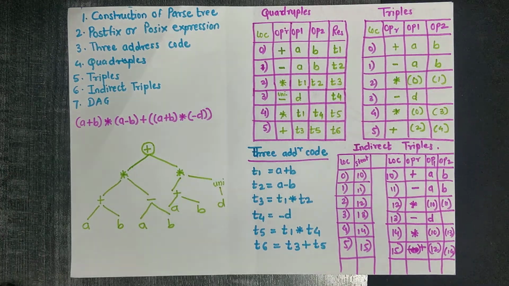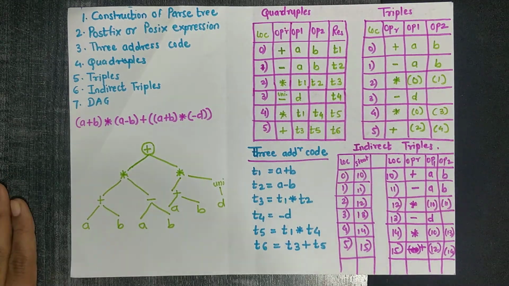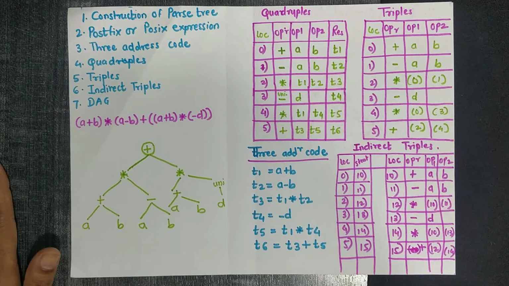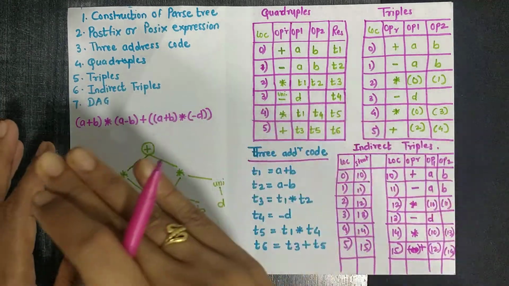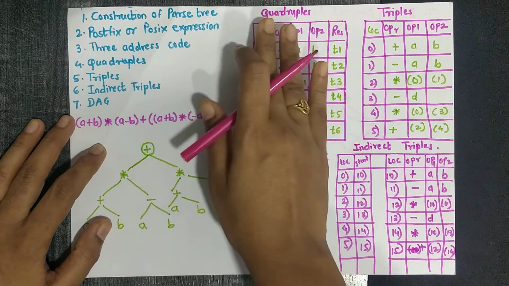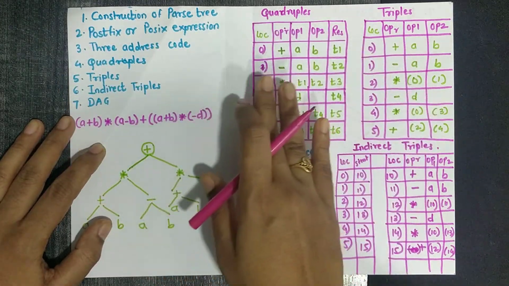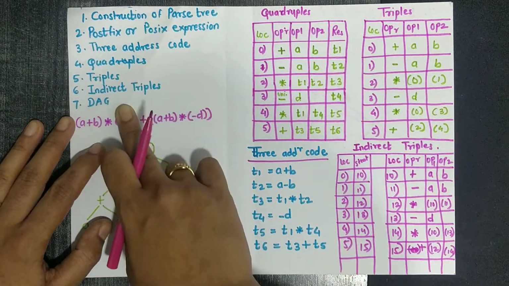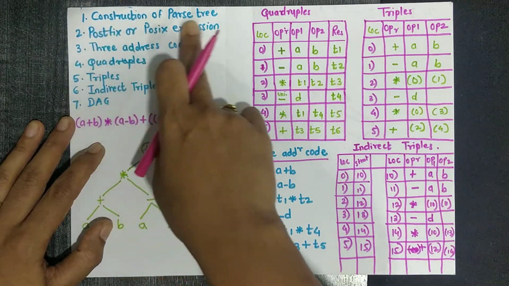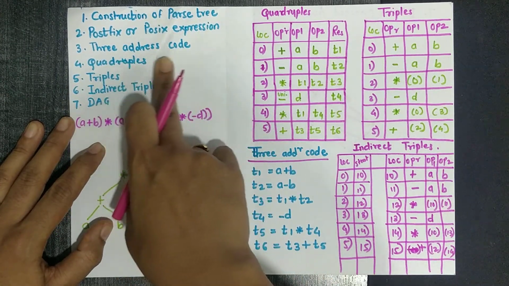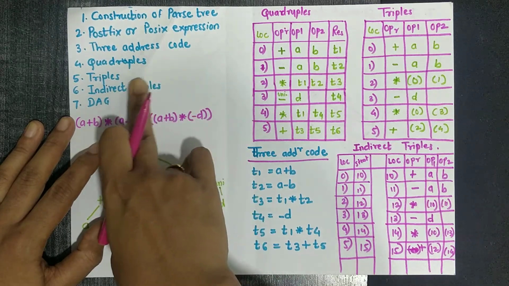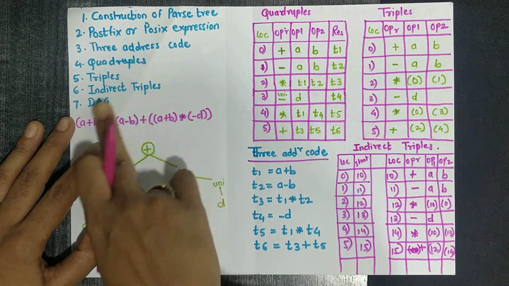Hello friends, we are back with this video that is nothing but an intermediate code generation example. This kind of example will be asked in your question paper in the final examination. Like one main question is there to generate intermediate code, and sub questions are there like this: construction of parse tree, postfix expression, three address code, quadruples, triples, indirect triples, and